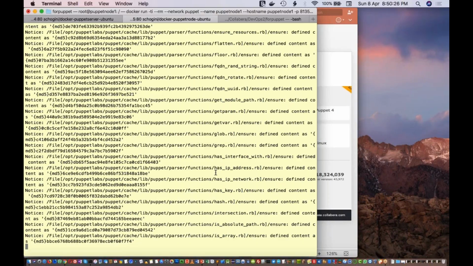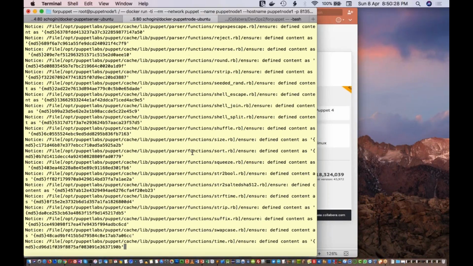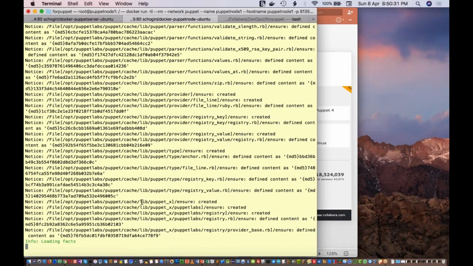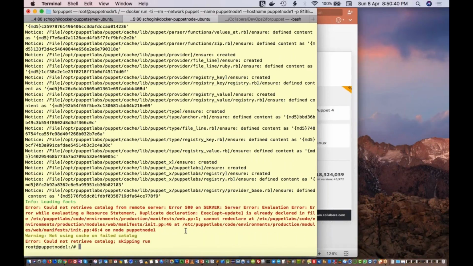Now it is loading the facts, and after loading the facts it will get the configuration information corresponding to this particular thing. Now I am getting an error. You see this exec apt update, it is there in manifest web.pp.